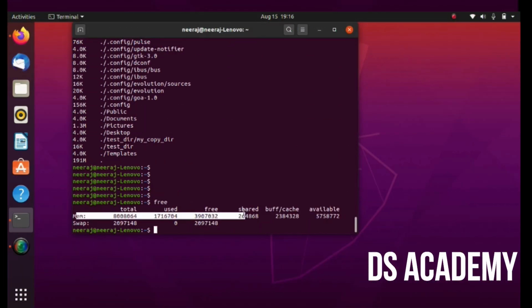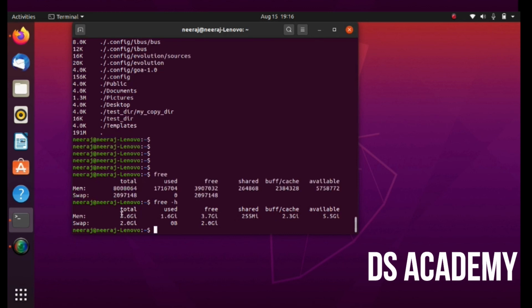Free tells me the memory available, that is the RAM memory available in my system. I can see with -h that 7.6 GB memory is total, out of which 1.6 GB is used, 3.7 GB is free, and 2.3 GB is used for buffer cache. So total available is 5.5 GB, and same for